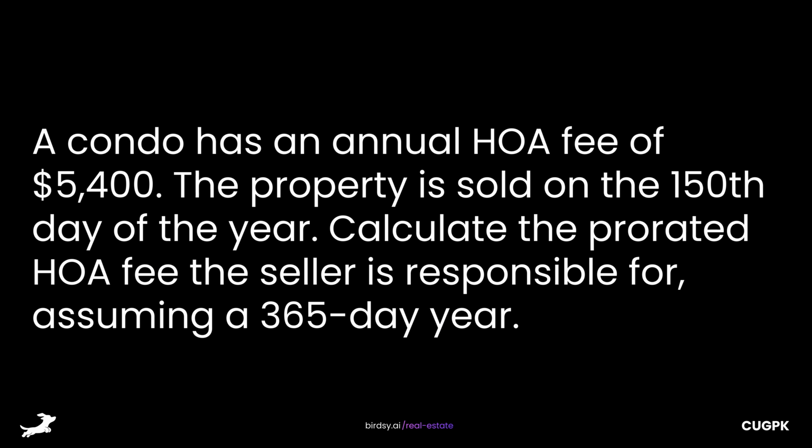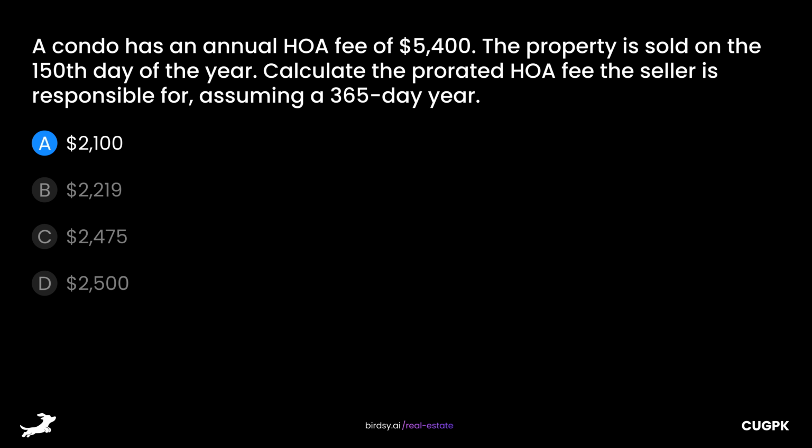A condo has an annual HOA fee of $5,400. The property is sold on the 150th day of the year. Calculate the prorated HOA fee the seller is responsible for, assuming a 365-day year. Is it A, $2,100, B, $2,219, C, $2,475, or D, $2,500? The answer is B,